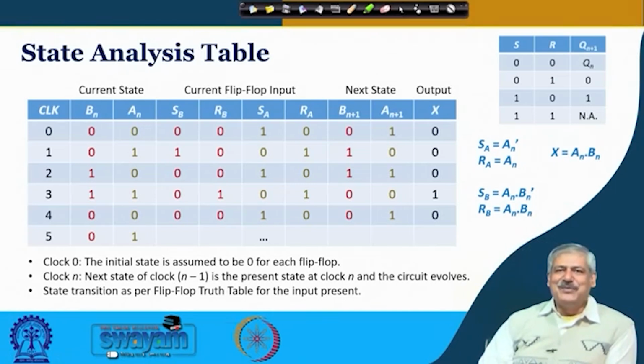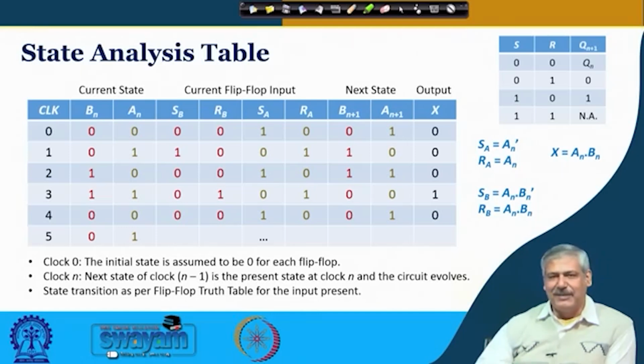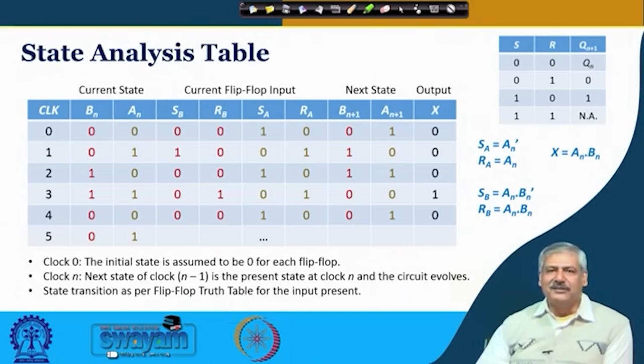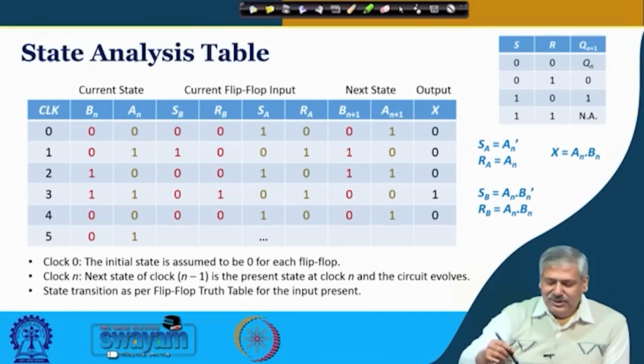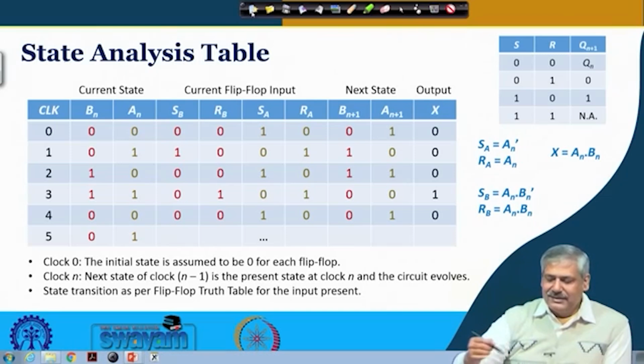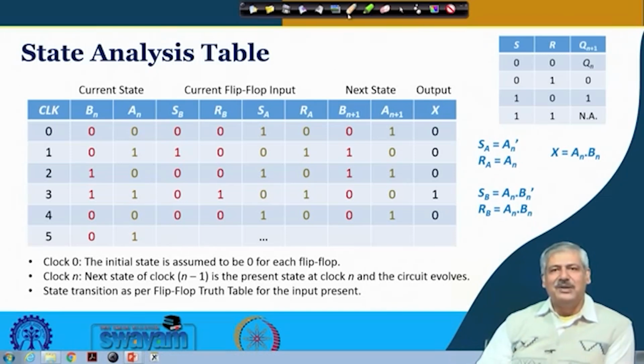So, next we come to something which looks formidable to begin with, but once we go through the process, we will see that it is not that difficult to understand what is happening here, okay. It is called a state analysis table or state table, okay. In this we begin with an initial state, okay. We are analyzing the circuit. So, the initial state, if not otherwise mentioned,